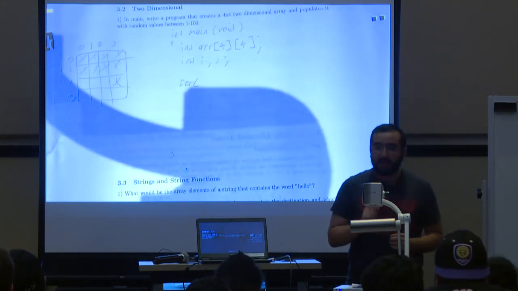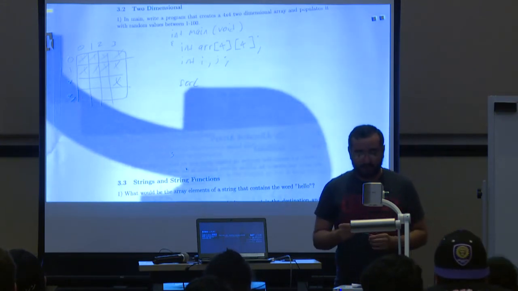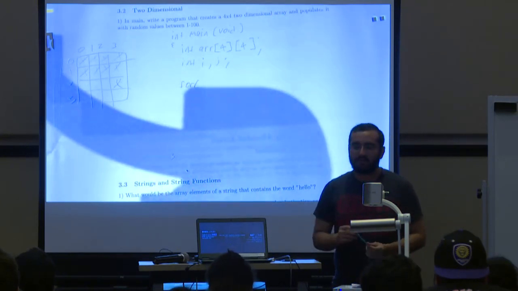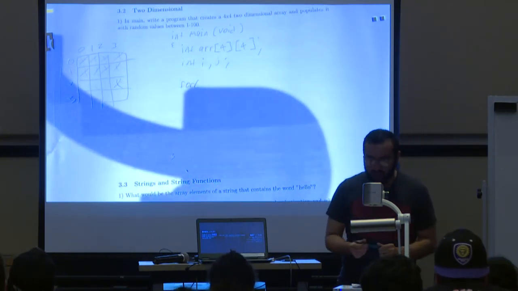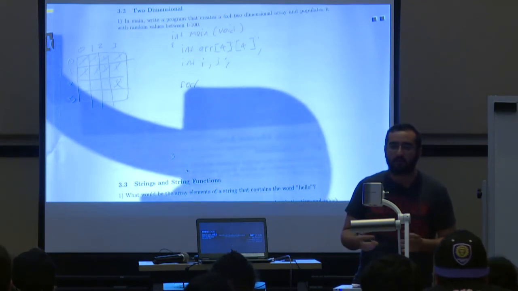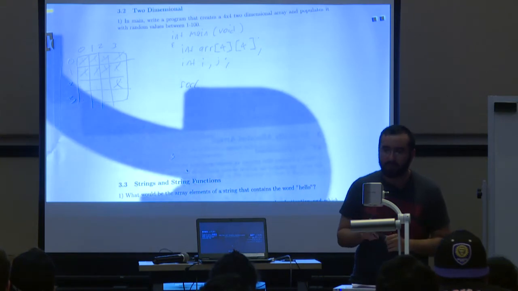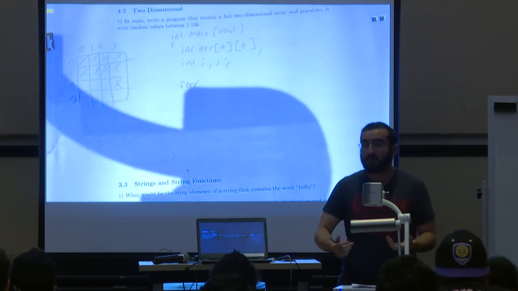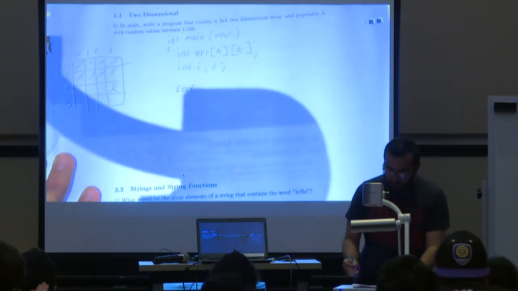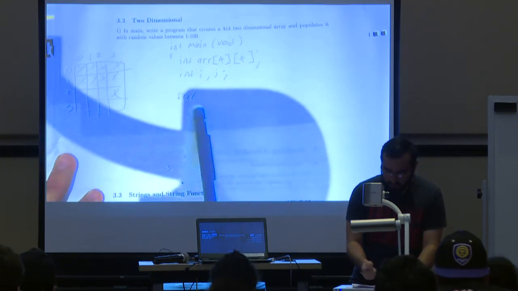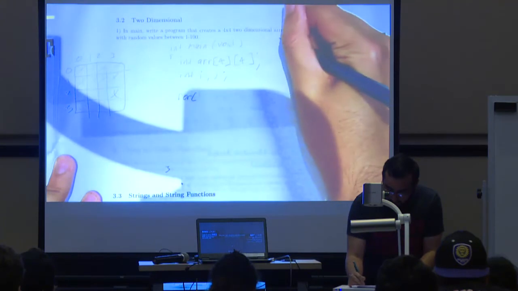One thing that I haven't done yet that is important for you guys to keep track of is that if we're going to use random values, we need to seed the random number generator, right? Because the random number generator is just an algorithm that has some initial input and then runs through some math to appear random. But we need to seed it first. We need to give it a starting point. So generally, if you're going to use the random number generator, you're going to want to call srand on time null. So we're going to need